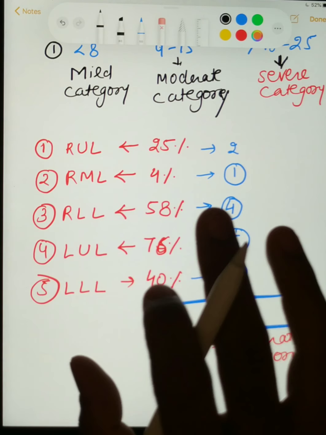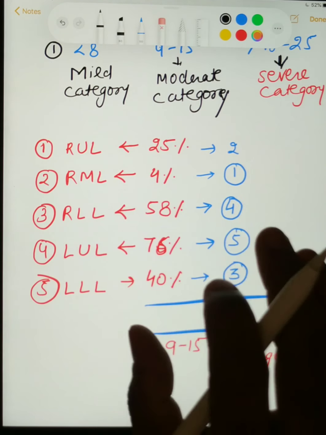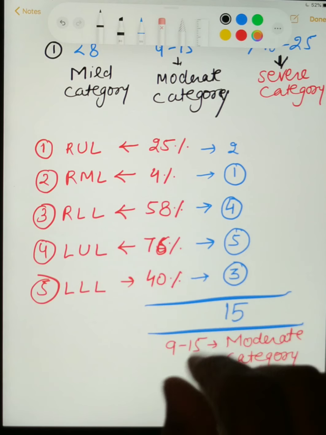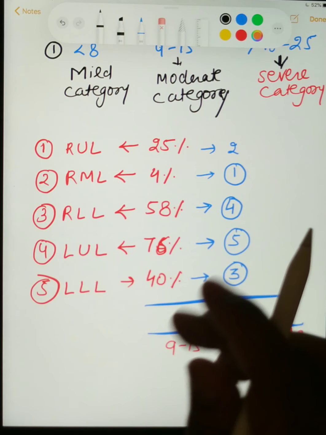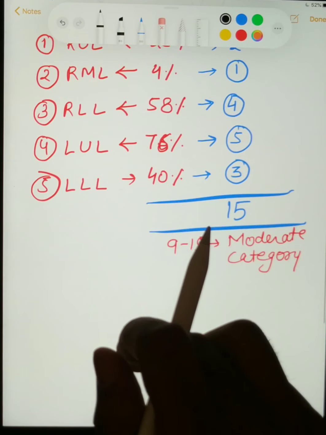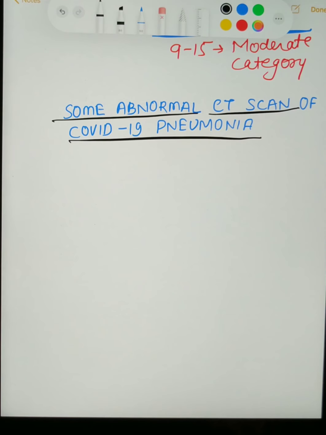And one more thing, the overall management of the patient does not depend only on the CT finding, but it all depends upon the condition of the patient, his oxygen saturation. So the CT CVT score is not the only criterion for management of the patient. We have to see each and every aspect of the patient, like clinical condition, his biomarkers, and all the things. Then we can manage the patient properly. So thank you. Now I will show you some pictures of COVID-19 pneumonia patients.